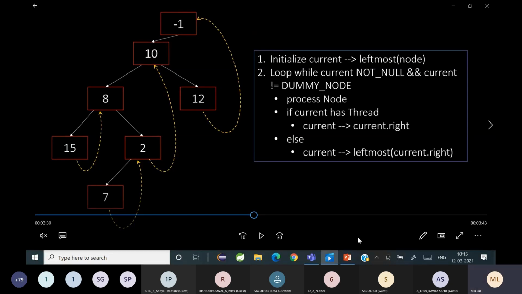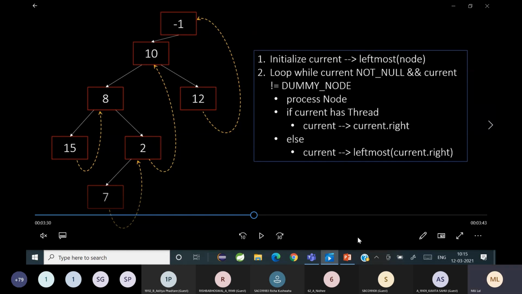Got it? Understood how it's going? So first you go to 15. 15 has a thread which is pointing to 8, so the current is going to be set to 8. Now, 8 doesn't have a thread. Does 8 have a thread?